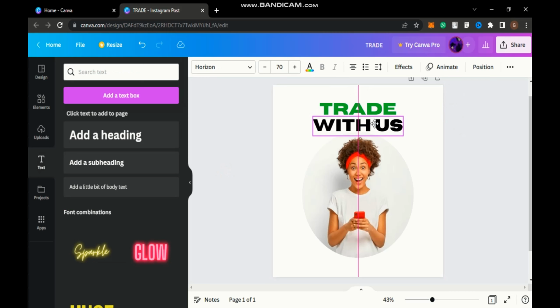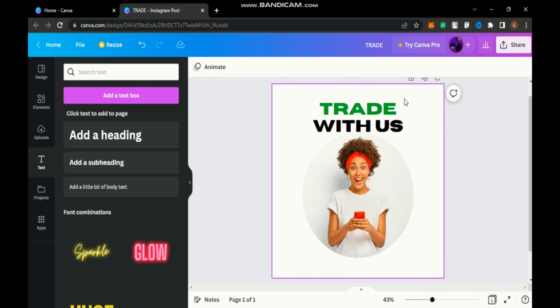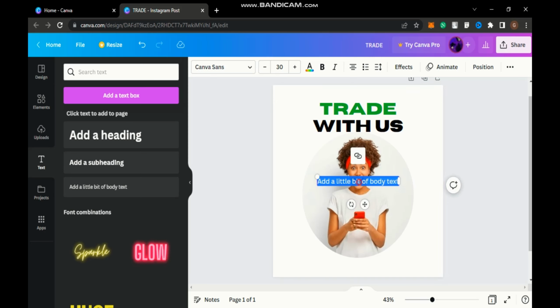Perfect. Remember, the two texts are centered. Then after that, we're going to add a little bit text here, a little text here. So let's add a little bit text. Let's type Bitcoin and